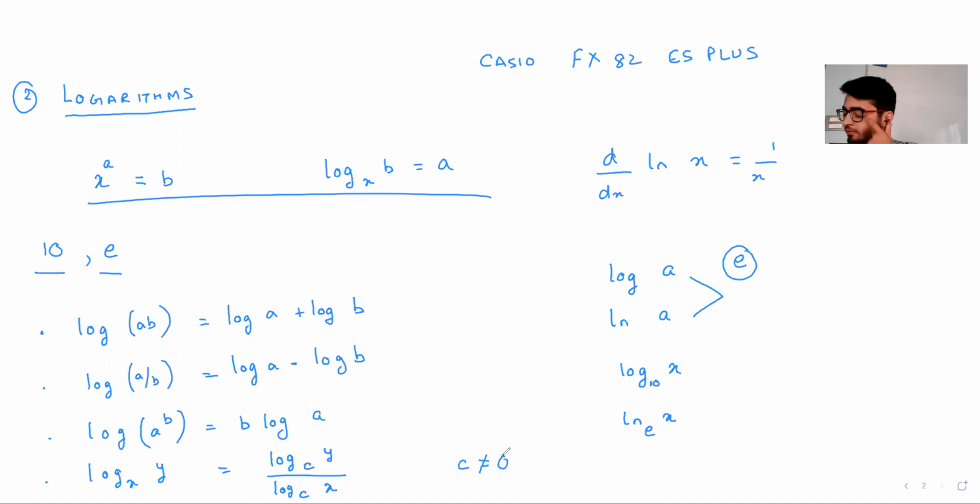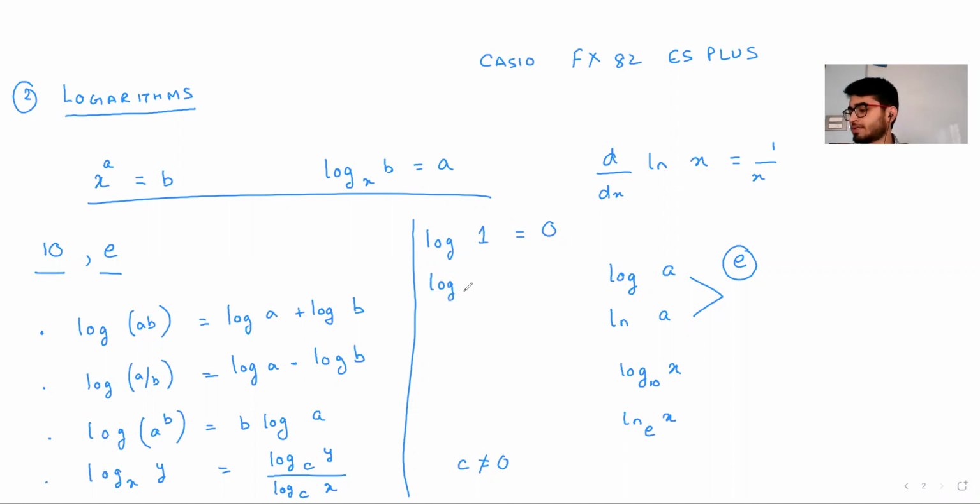And then again, we have a few basic results regarding these quantities, like log 1, whatever be the base, is always 0. And you can understand this. How did we understand log? Log was: to what power do you need to raise the base so that the answer is B? So here my question is, to what power should this base be raised so that the answer is 1? And we know that any non-zero number raised to the power 0 is nothing but 1. So log 1, whatever be the base, is nothing but 0.